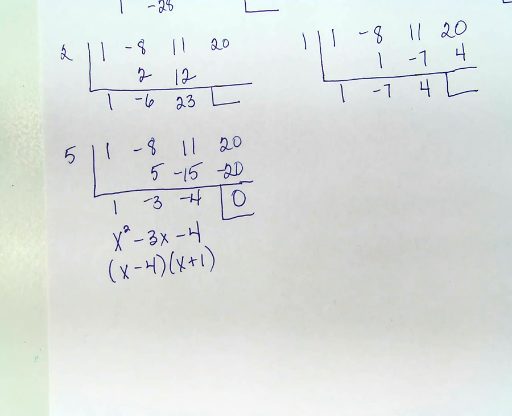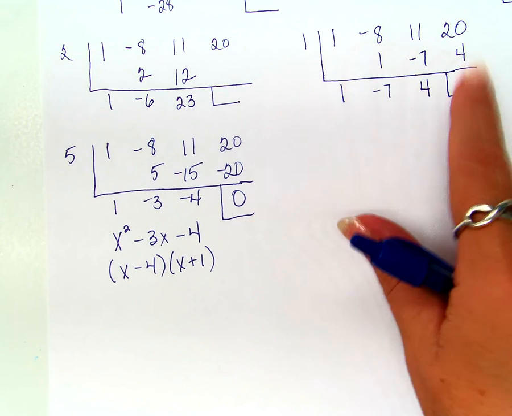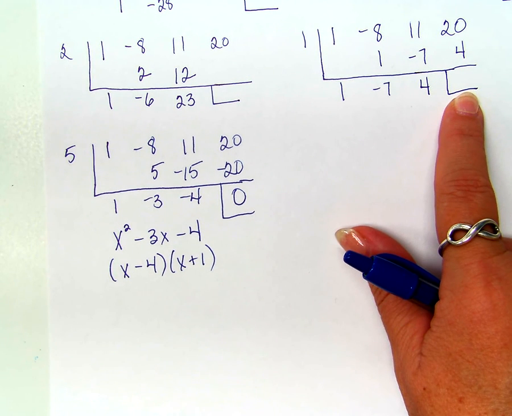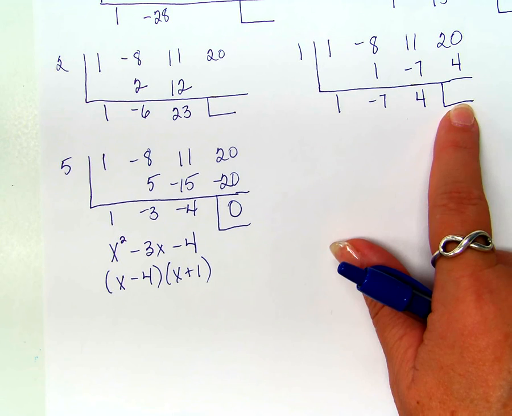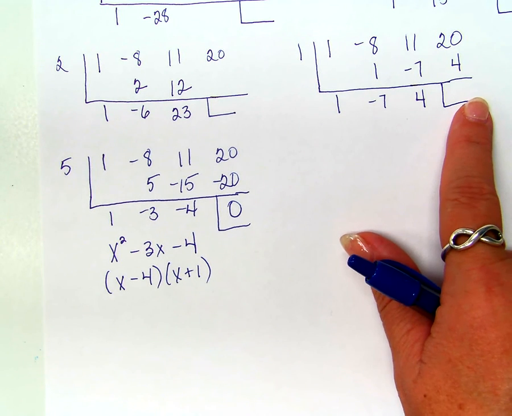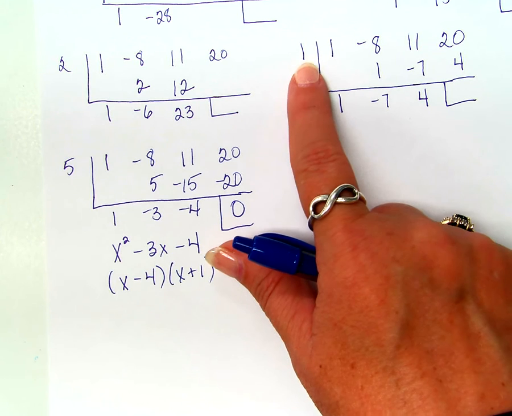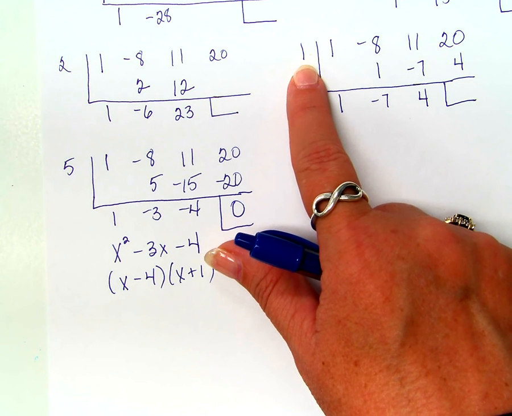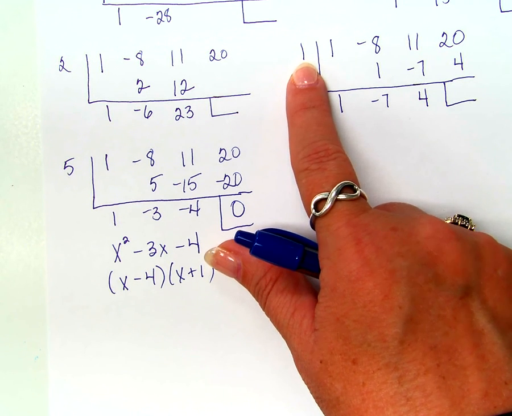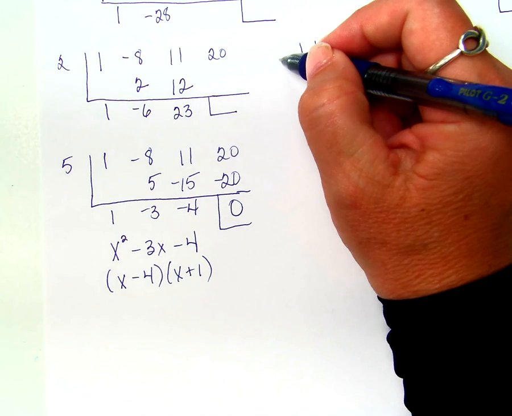Now, some of you are thinking something is wrong because we already tried a 1 and it didn't work. Isn't that what you were thinking? We already tried a 1 and it didn't work, except we forgot one thing. We forgot that when we're asked to divide with synthetic division, this is what x equals. So if x equals 1, I would have to subtract 1 to both sides to get